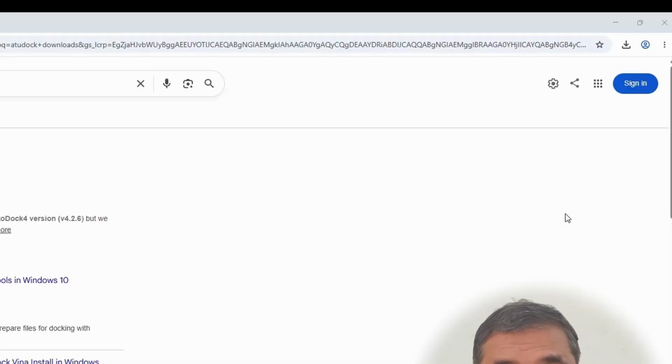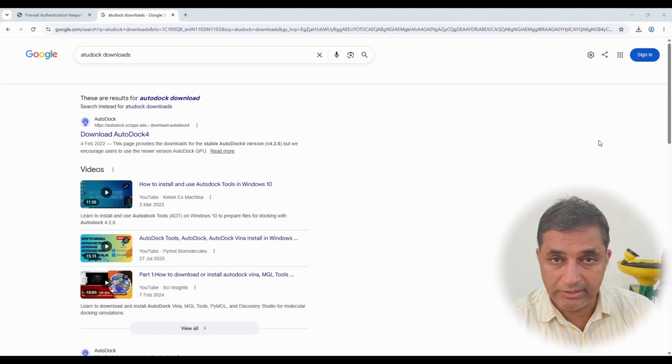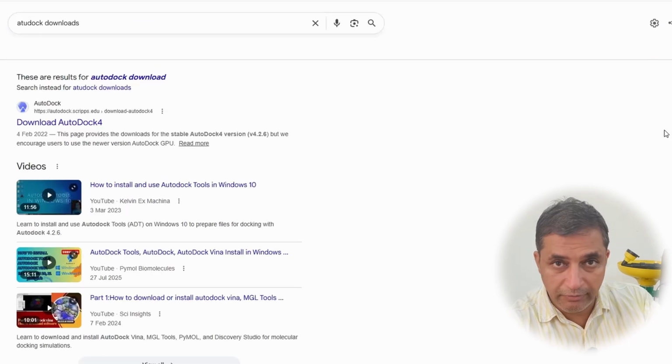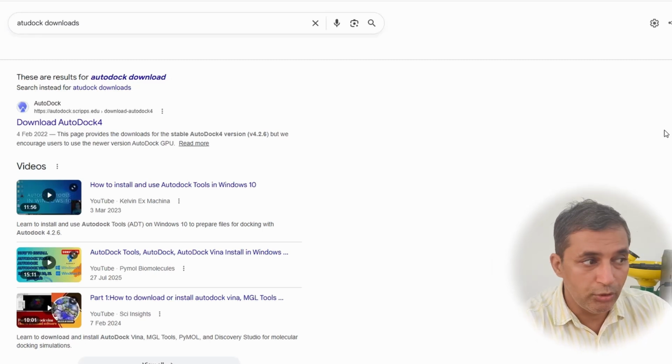One thing which I would like to mention at first hand is that all these softwares must be downloaded into the same folder. In the first step, we are first going to download the AutoDock into our folder. So for this, open your browser window and type AutoDock space downloads. Once you hit the enter button, you will see various options as you can see on your screen. And from that, you need to select the very first option, that is